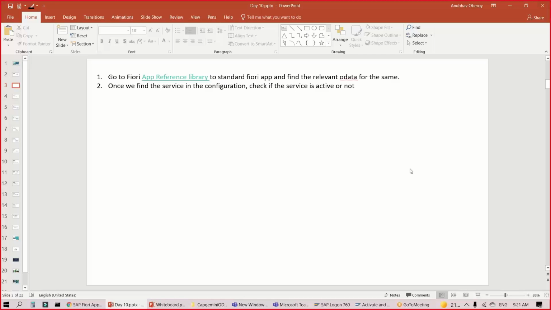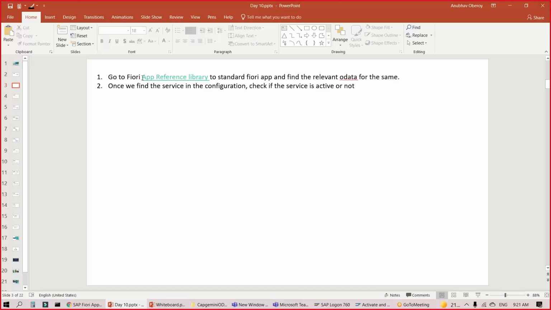It is predominantly required when you have a project which is already running, a Fiori application already used by the business, and SAP provides a standard service which is used by that Fiori project. So now it's our goal to add custom fields to that OData service. To add custom fields to the OData service, it is extremely important that we first find where that OData service is and whether it is active.